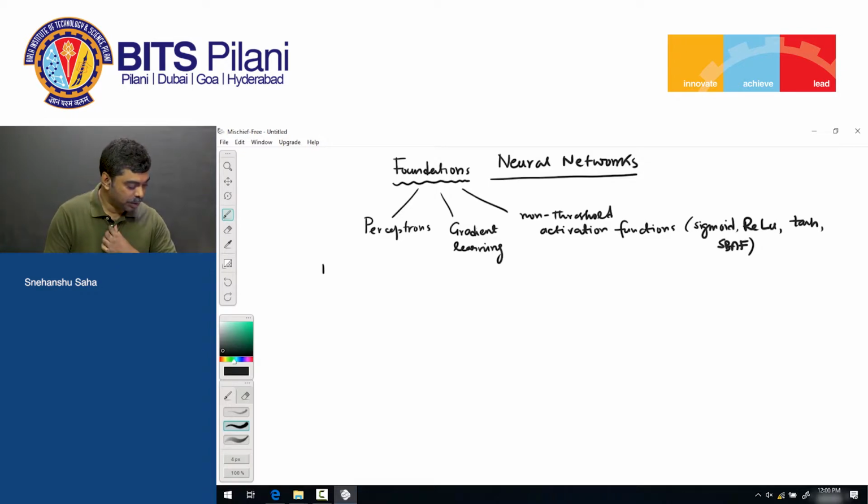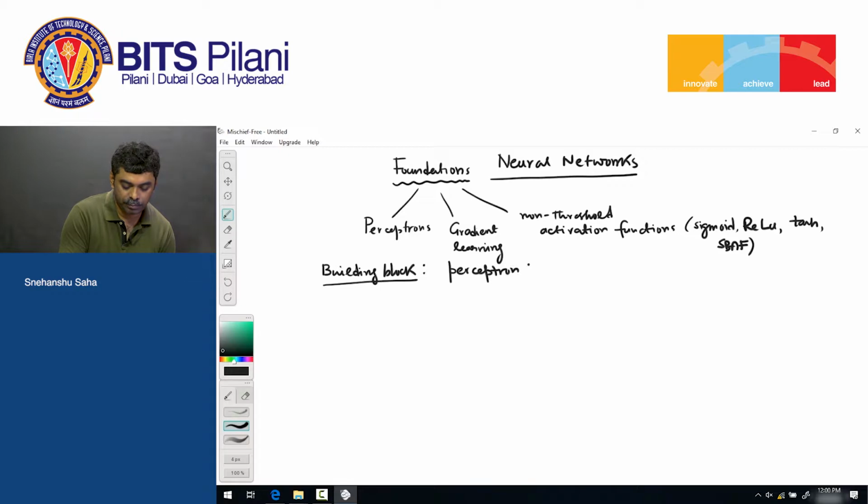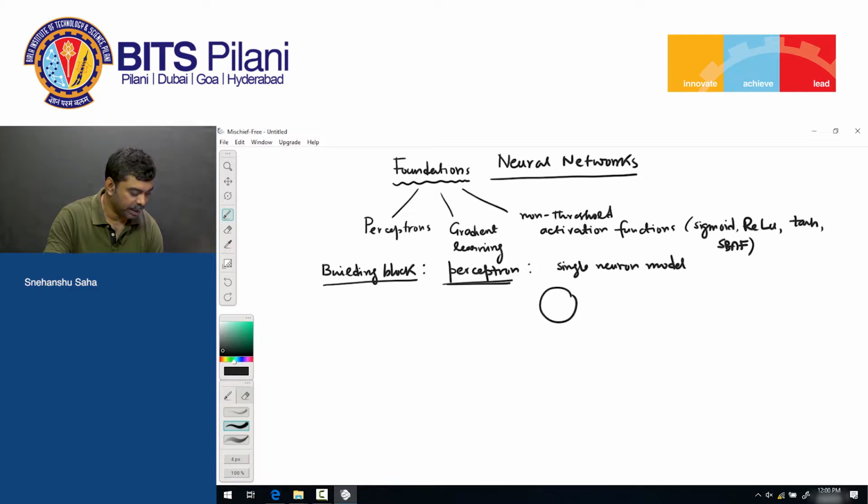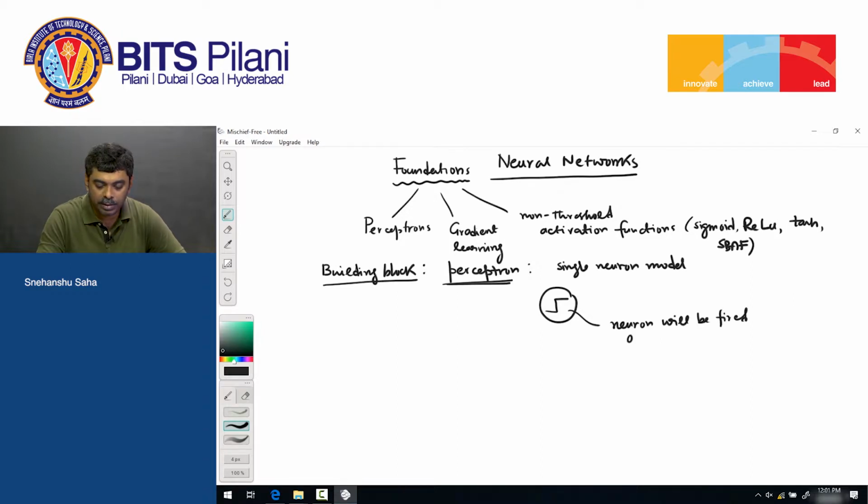All right. So one of the primary building blocks is a perceptron. It's a simple single neuron model, capable of performing simple enough tasks. And the way it works is this: I have one neuron over here, which is a threshold activation unit. So what it does is, this particular neuron will be fired once you reach this threshold. Once you reach this threshold, the neuron will be fired, and there is also a bias